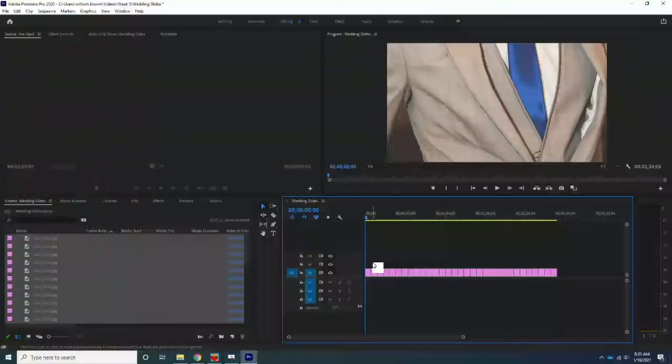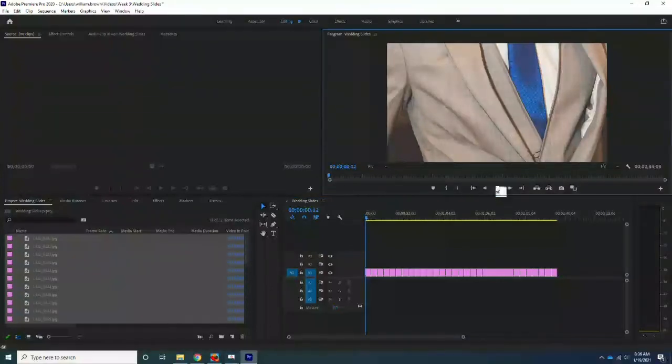Premiere Pro by default makes your pictures about 5 seconds each. You can actually go in and change it, but today we're not going to worry about that because it's not important. We're just going to be creating this video. So if I hit the play button, I can see up here in my program, we get about 5 seconds per slide,